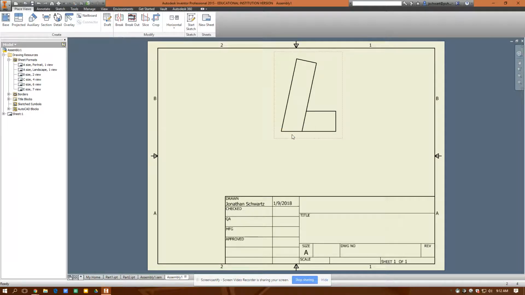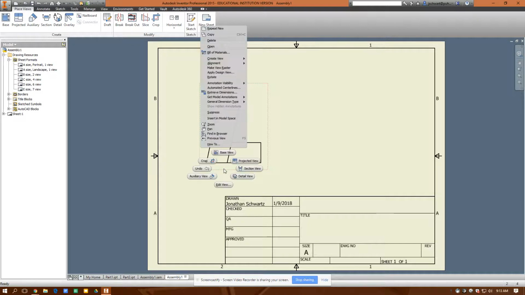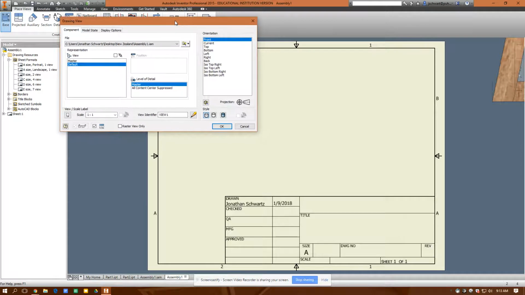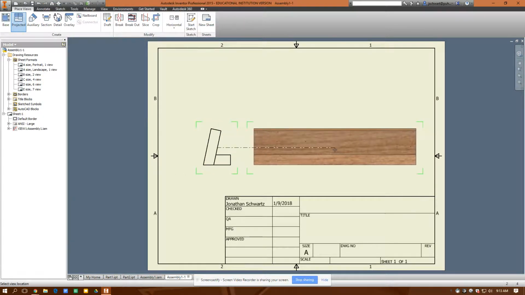Okay, and that looks good, but actually I'm going to delete that out. And I'm going to replace it. So I'm going to place my assembly. And I can see it's not really going to fit on here. So let me try and scale it 1 to 2 and see how that fits. That looks good. I put that view in,